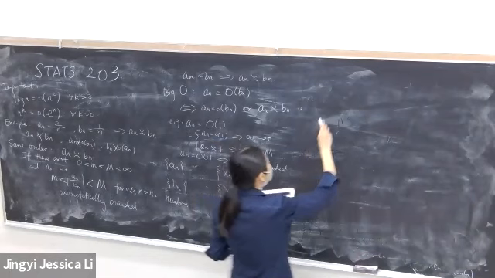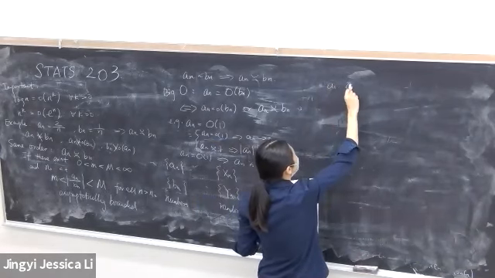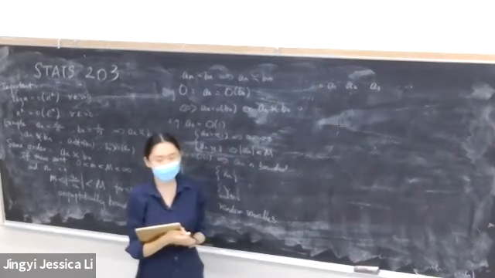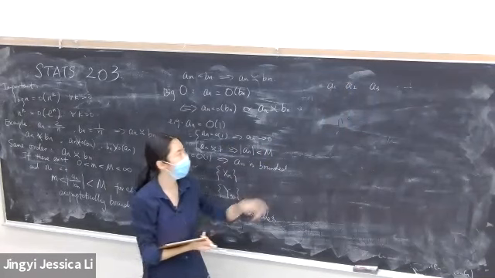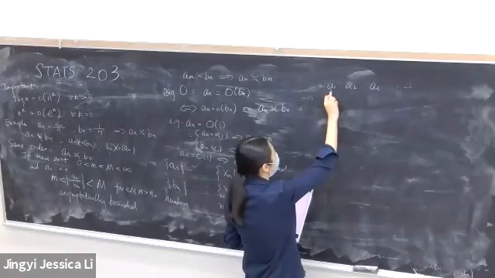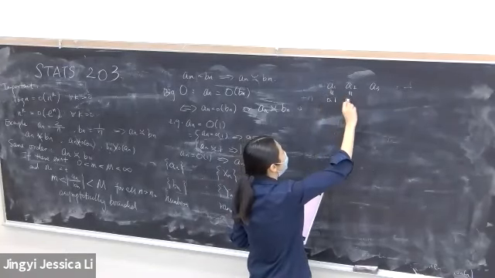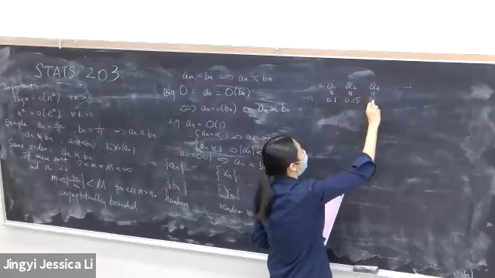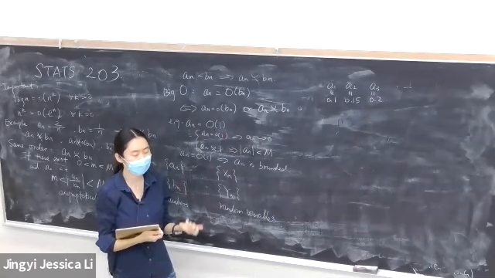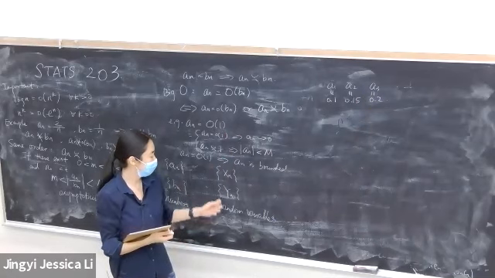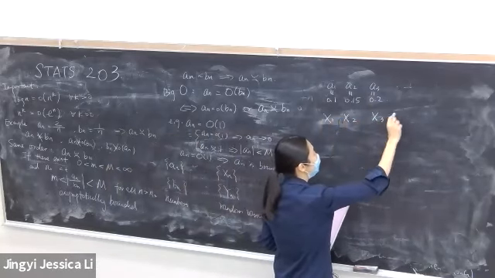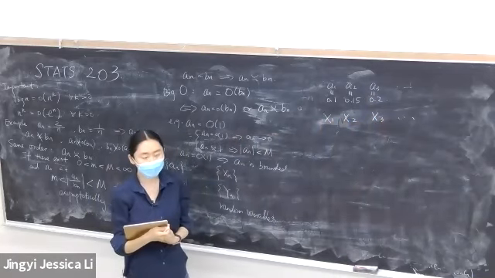First, let me write down the number sequence, A1, A2, A3, and so on. Even though we're using notations, we know each corresponds to only one number. To make it simple, I can say this is 0.1, 0.15, 0.2, something like that. So they only correspond to one particular number each. But for the Xn, each is a random variable.